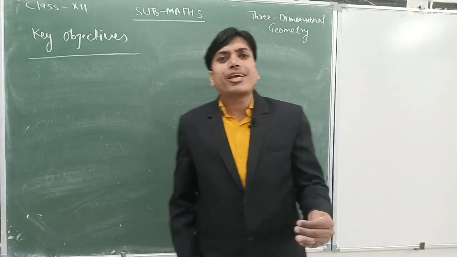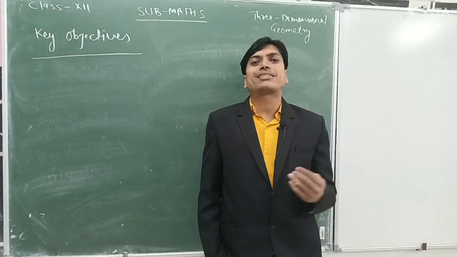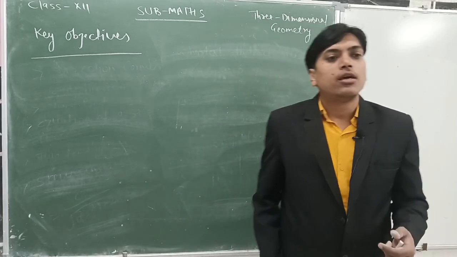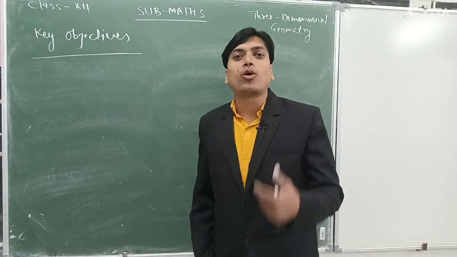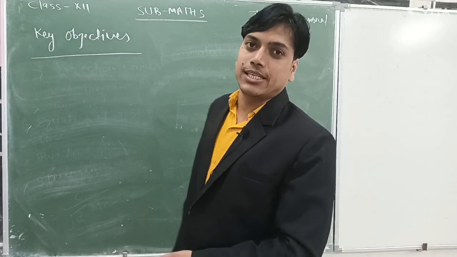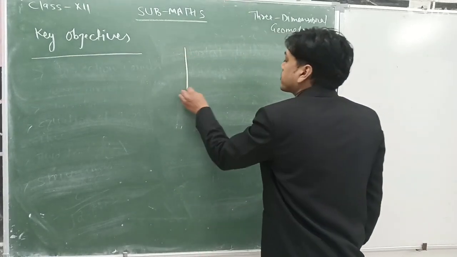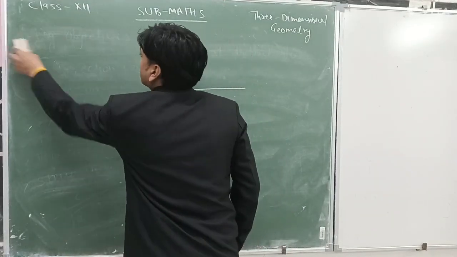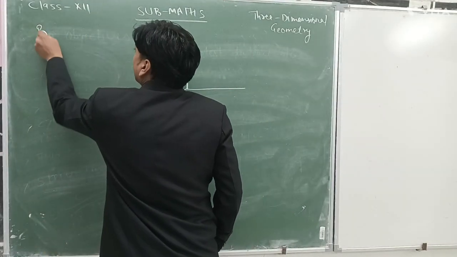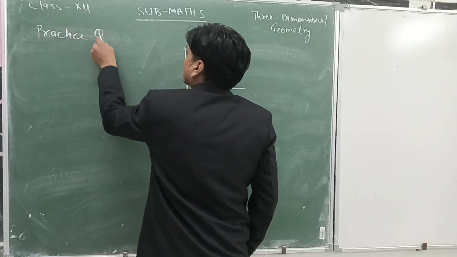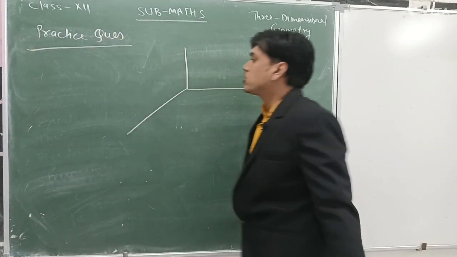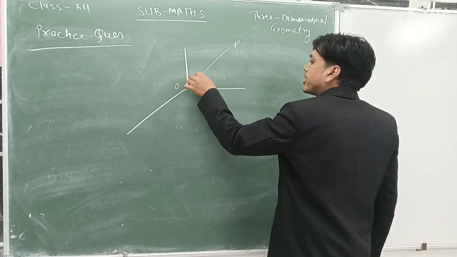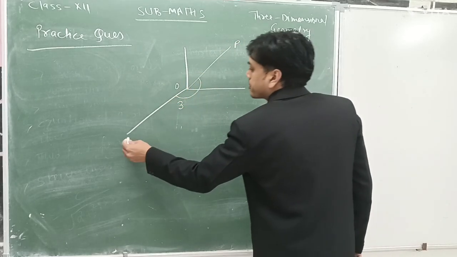So now the first question is, if a line makes an angle 30 degree with positive x-axis and 120 degree with positive direction of y-axis, then find the angle which it makes with positive direction of z-axis. Okay, so in the practice questions, the first question is, a line is there, suppose OP line is there which is making an angle of 30